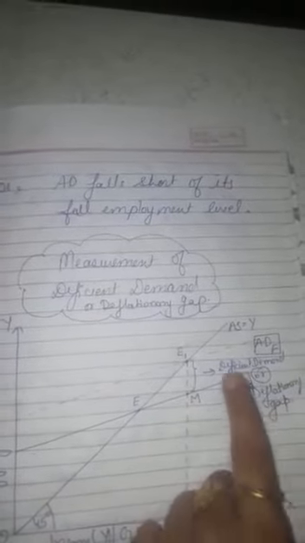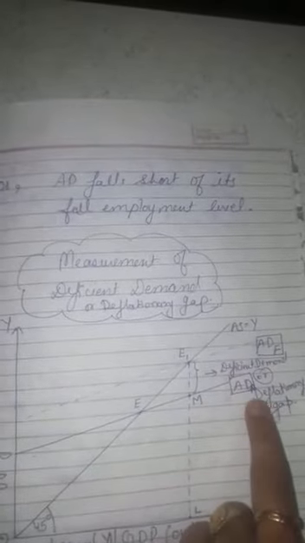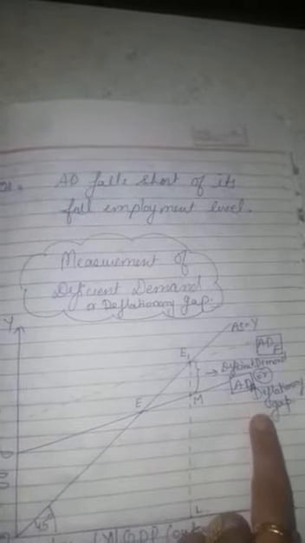Why are we saying it deflationary gap? Because due to deficiency of demand, the people having less income are not demanding the products, due to which the prices of products go down and there will be deflation in the economy. Clear? This is the explanation of the diagram.